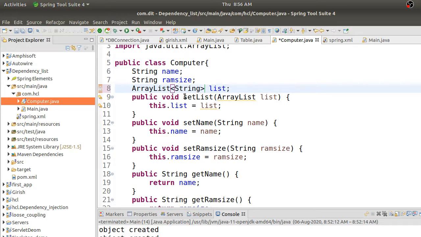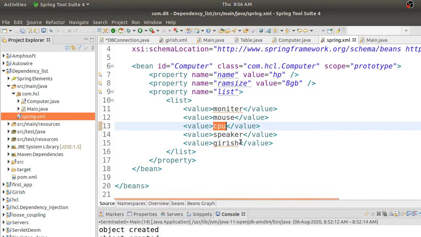That's how we do generics type of doing it, right? So it's again an optional one. If you do it like this, it will not allow any integer values. If you give some integer values, it will throw an error at runtime, or it will treat it as a string itself. Okay, these are the two options that you have.